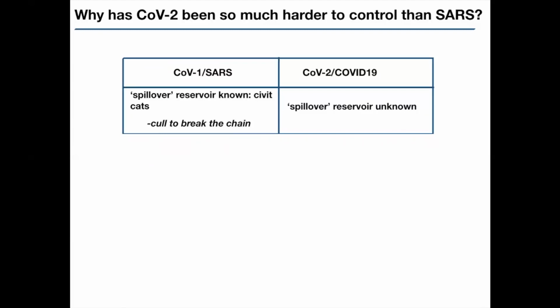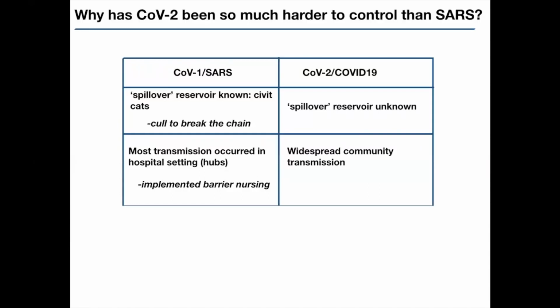For COVID-2, as I mentioned, the spillover reservoir is not known. Second, for SARS-CoV-1, most of the human transmission occurred in a hospital setting. And indeed, these hospital settings were hubs of transmission for that epidemic. And so once this was recognized and the risk to the medical community was recognized, personnel were able to implement barrier nursing in order to stop transmission of that virus. Unlike COVID-2, which has not just spread in a hospital setting, but in fact, there is widespread community transmission of